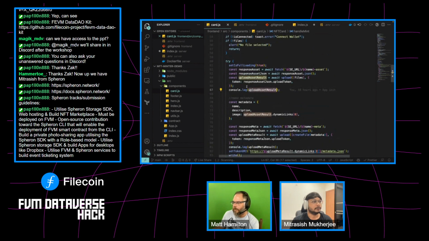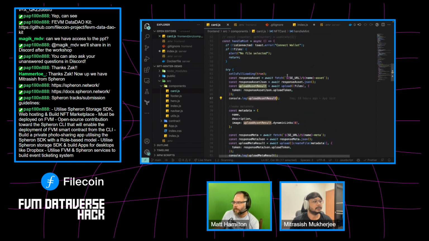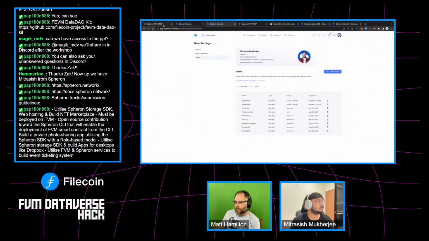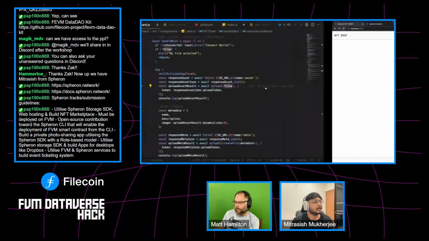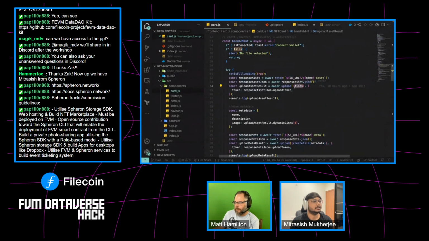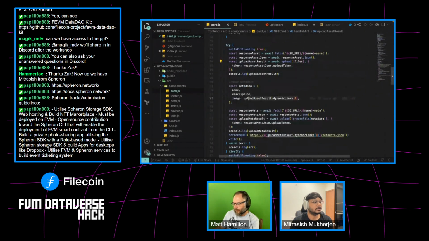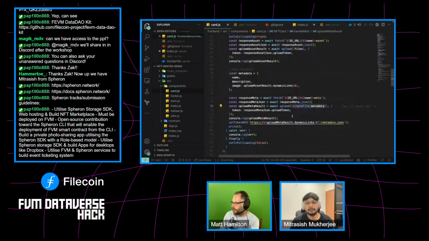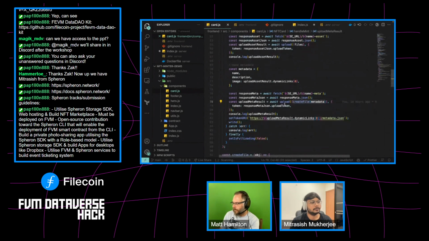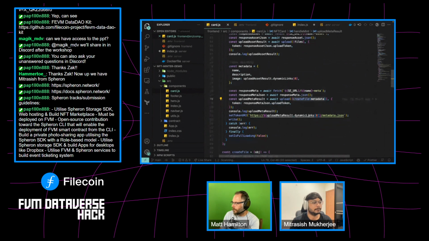So for the NFT, what we are doing is uploading the asset first. That is the files here, which you will see. Once you click on this, you upload a file, and this gets uploaded. And using this link, we create metadata out of it. So we create this metadata as a JSON, and then we upload this again to our server. And once we get this, we have this JSON. Now we actually start the